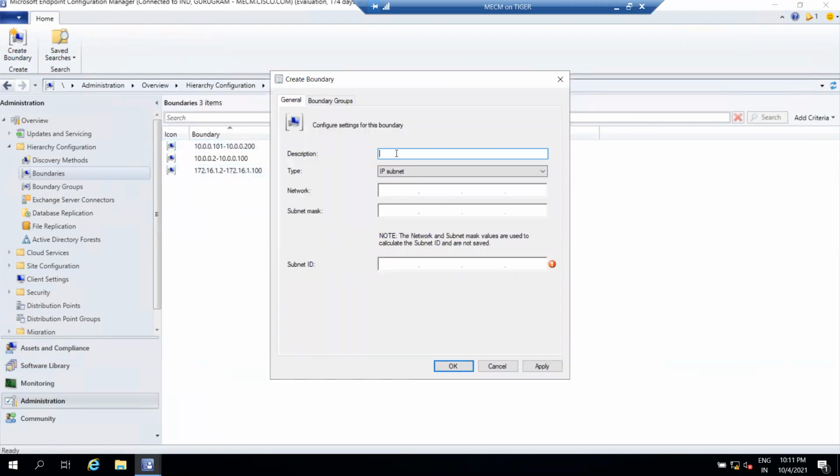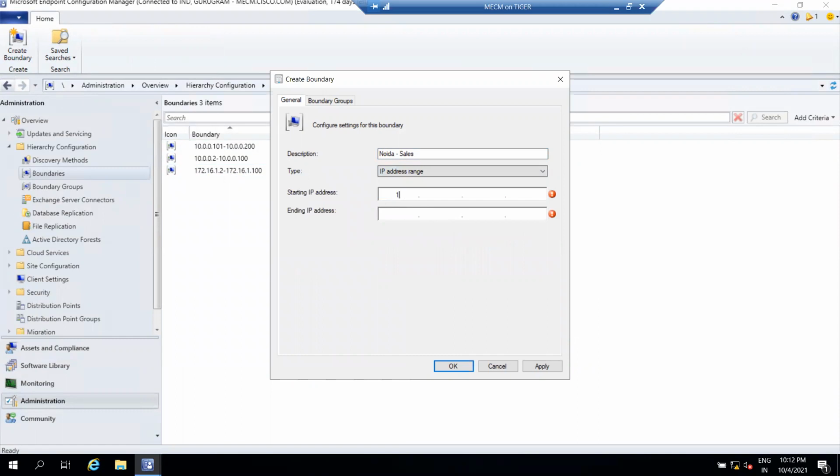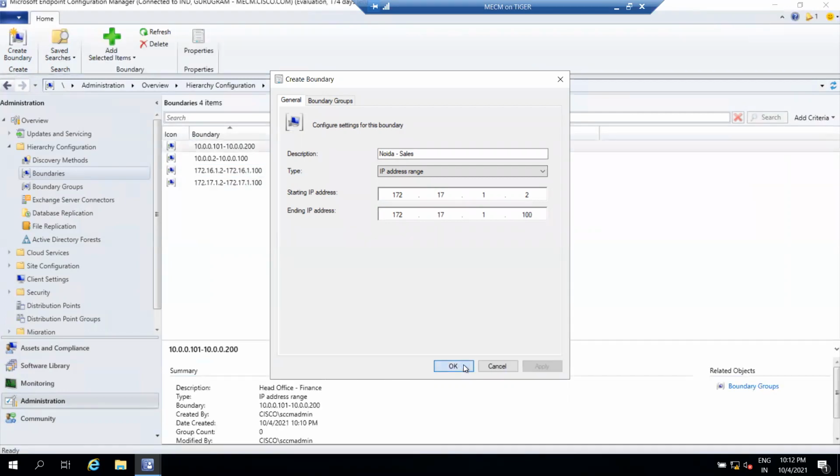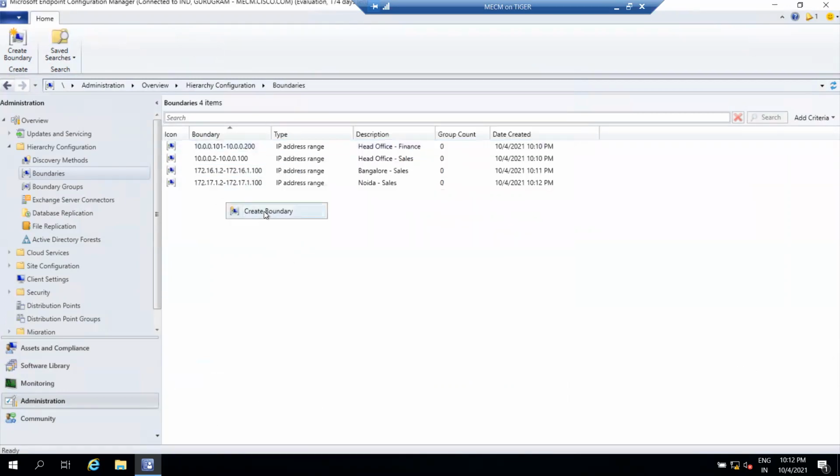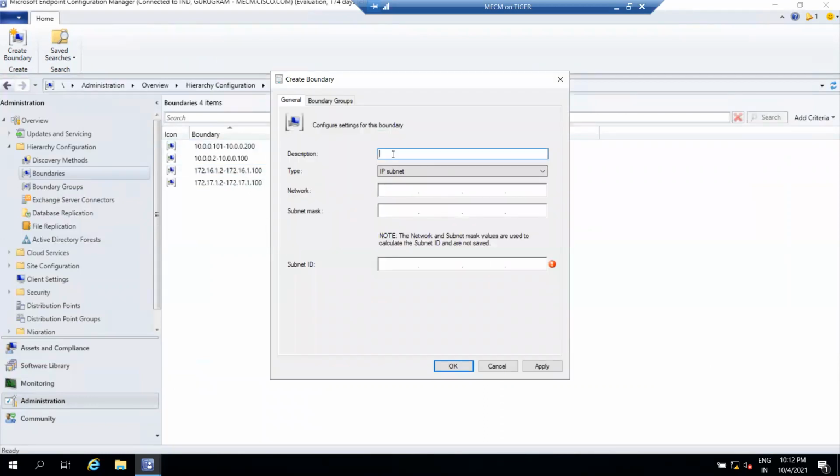Now let's create another boundary. Right now we are creating it for Noida, for the sales department, with an IP address range of 172.17.1.2 to 172.17.1.100. Apply, OK. Let's create another boundary for our third remote location, Delhi.